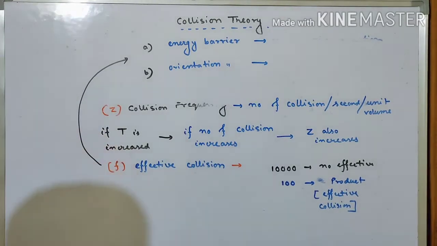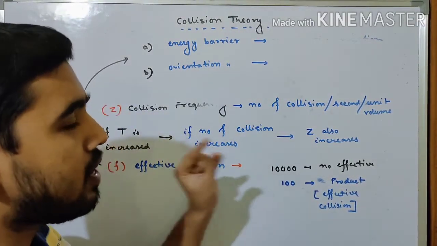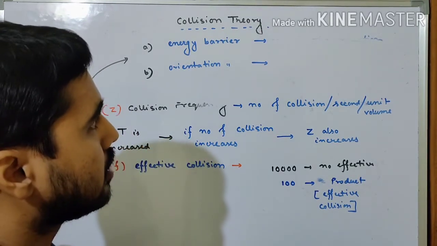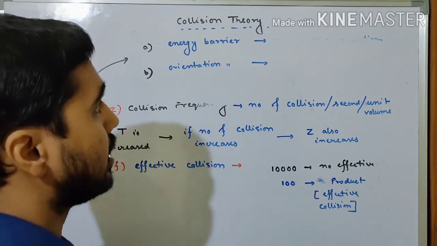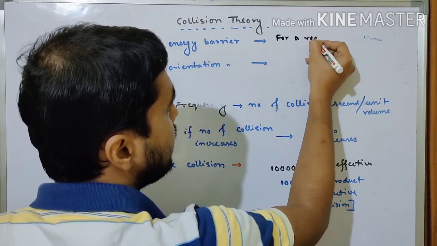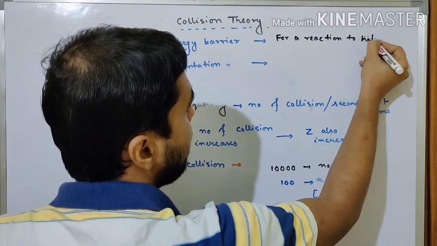What is the energy barrier? Remember, for a reaction to take place, each molecule must possess a particular amount of energy. That energy must be supplied. So we can say for a reaction to happen,